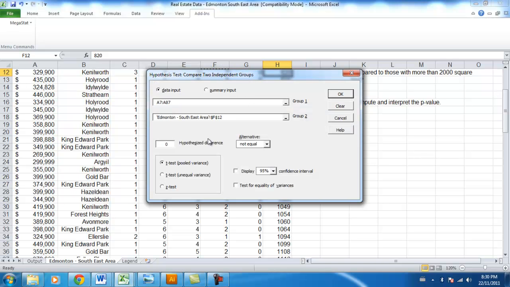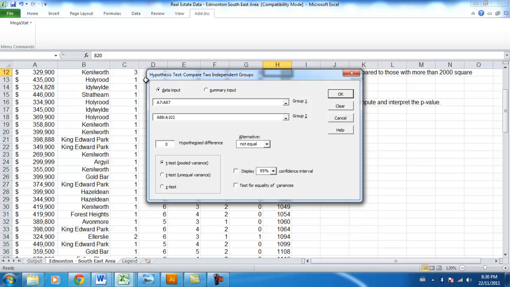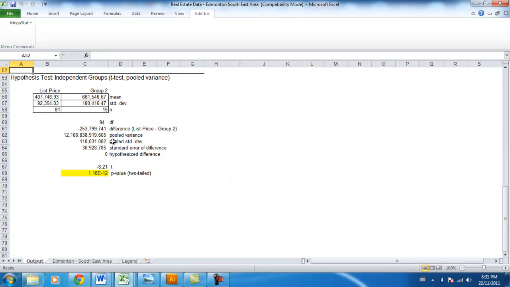I don't know what happened. I'm just going to put it in again. A88, A102. Hit enter. Now the hypothesis difference was 0, and the confidence interval is 95%. And we do the t-test, pooled variance. So hit OK there. So what this gives us is the mean list price for the first group and the